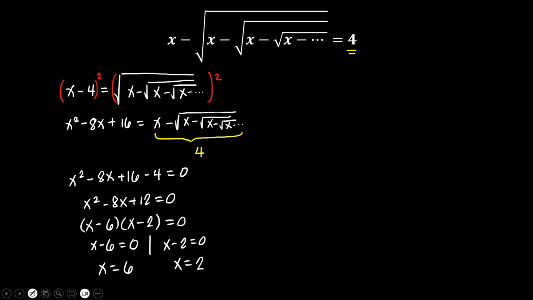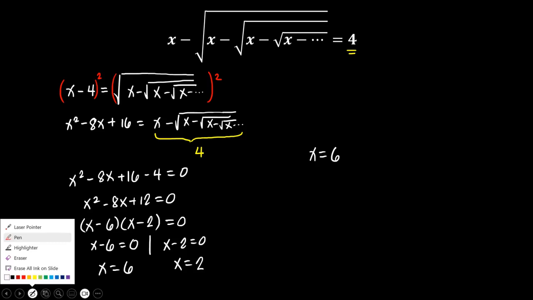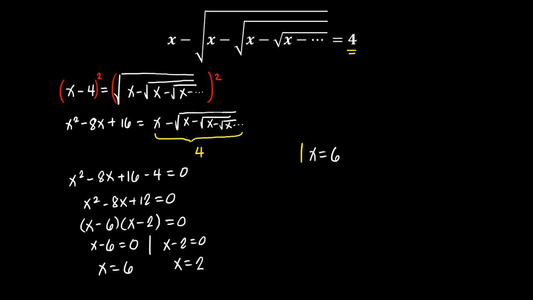So let's check. When you plug in, for example, 2 minus the square root of 2, will that give us 4? Definitely not, because 2 is already smaller than 4. Whereas if it's 6, it will give us the answer. So for this case, x equals 6 is the final answer, and x equals 2 is what you call an